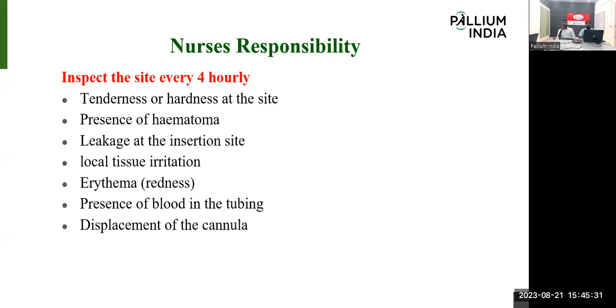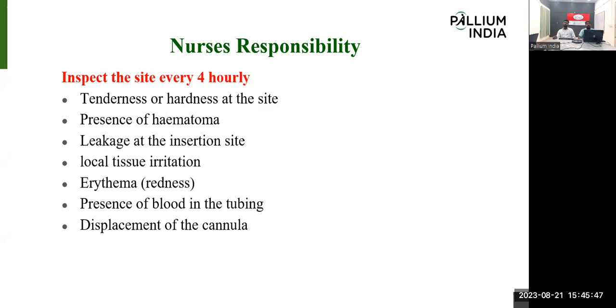We cannot continue on that same area. We need to change the site. So we need to check whether any leakage is there or not, and any local tissue irritation. If the patient tells of any pain or irritation in that area, or any redness,